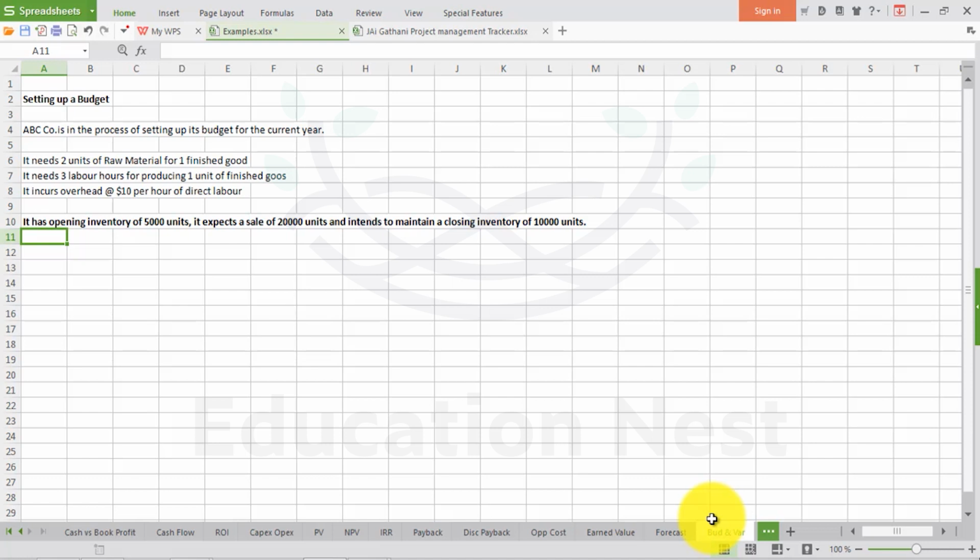Before we go into the depth of this example, I wanted to mention one thing. Most project management projects are going to be service type, where material costs and labor costs won't be involved. But the reason I'm taking up this kind of example is because it gives you an exclusive view into all the various cost analysis possible in budgeting and variance analysis. You can just use the piece that is relevant to you.